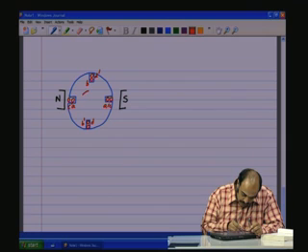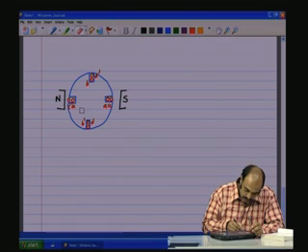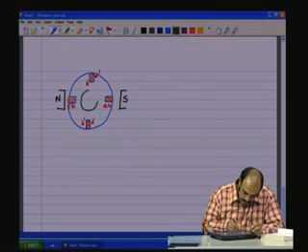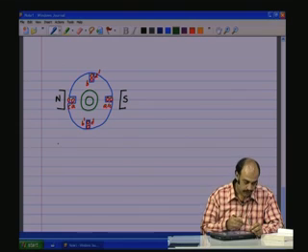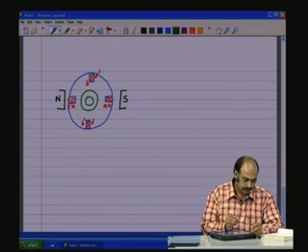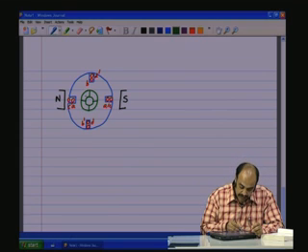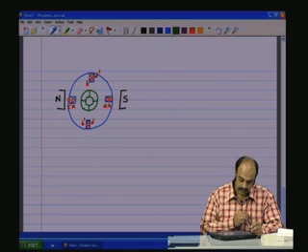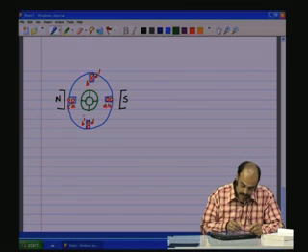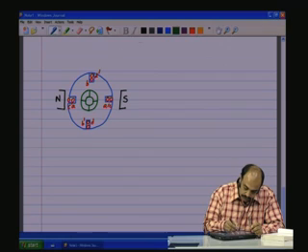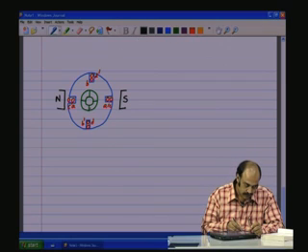And then in between we, in this fashion. Four segments. So, the commutator is having 4 segments as shown here. So, now if the brushes are positioned in a manner like this,